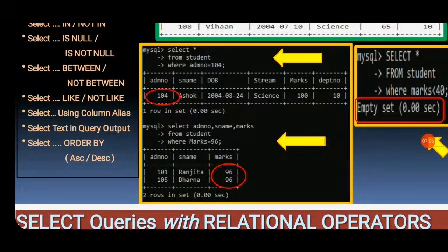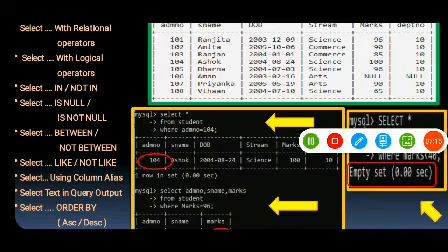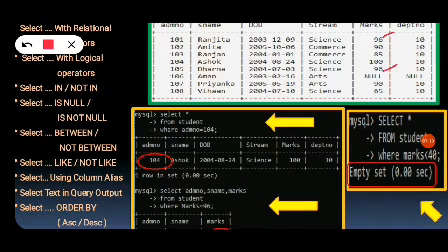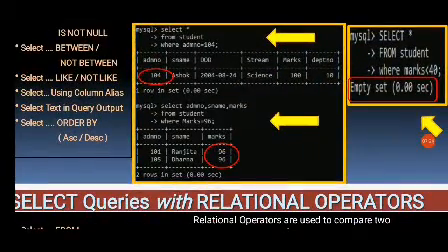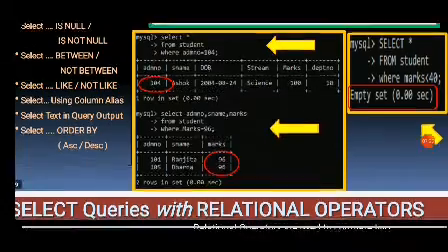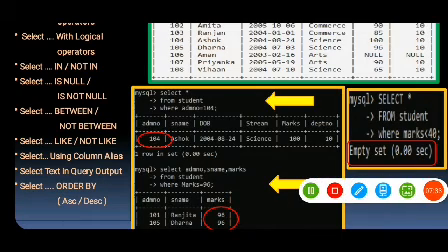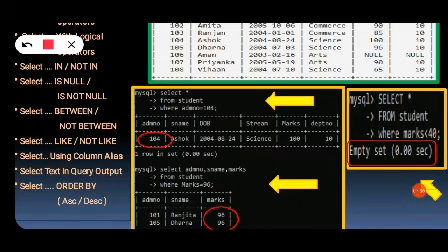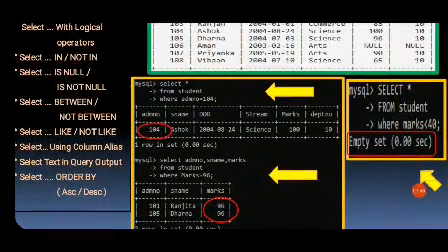So again, if we write where marks equal to 96, so wherever marks is 96, you will get those two tuples. You can see over here 96, over here 96. So you will get the outputs in that way. Even if we write marks less than 40, but you can see over the table there is no marks less than 40, so you will get an empty set. I hope this is clear to all of you.